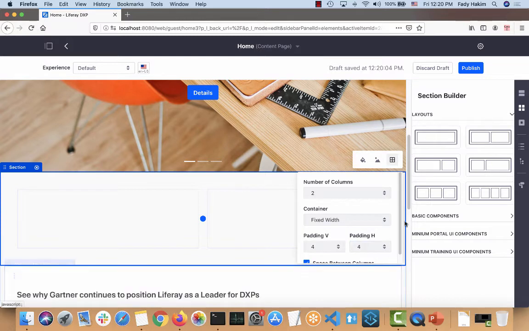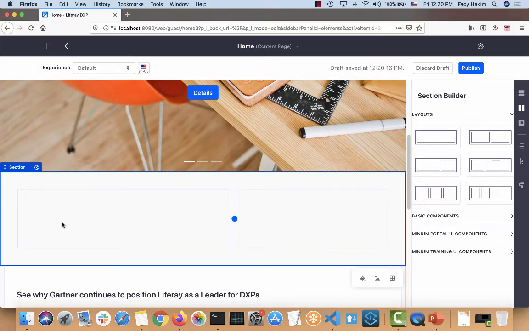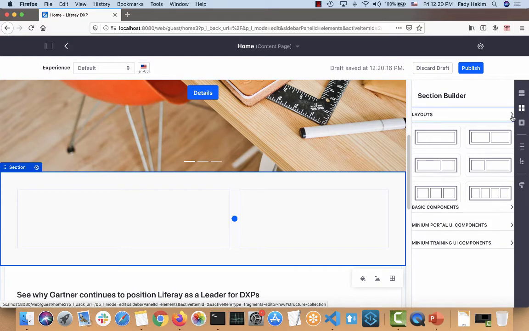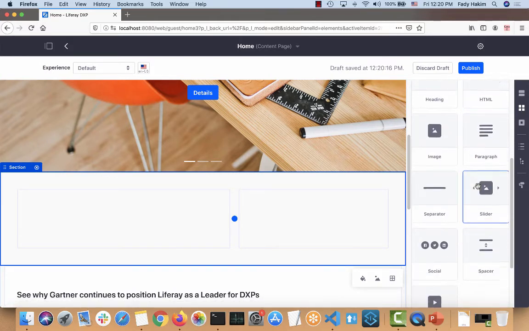And you can see here, this content is actually very flexible. I can decide how it looks. So maybe I'm gonna add an image here. I want this part to have the image, and here I'm gonna have some text. So I'm gonna click on my builder, and here I have my basic components, and I'm gonna drag and drop an image,